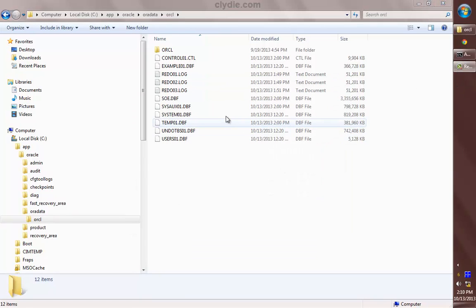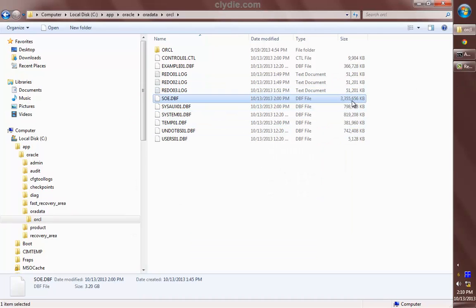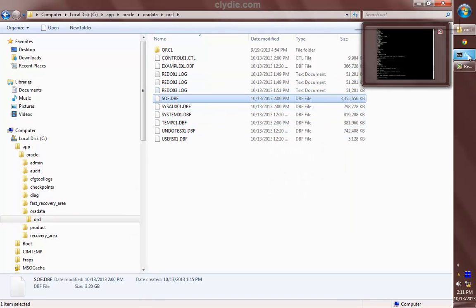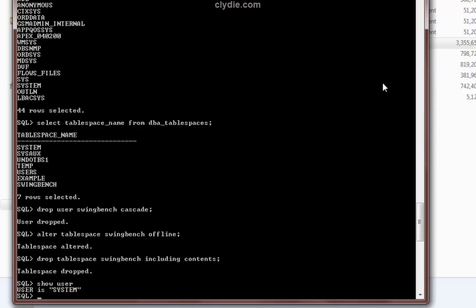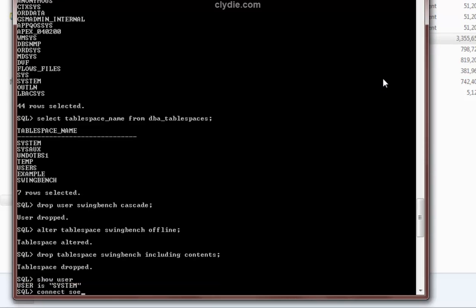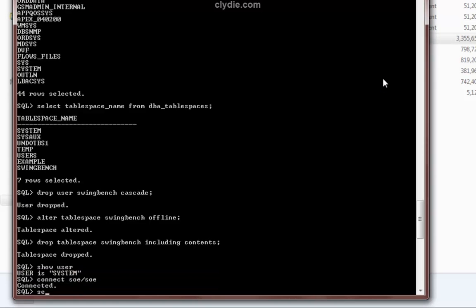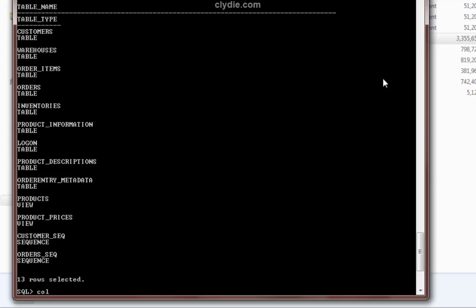Now I want to show you what data was just created. Log in as the SOE user and select its tables. Edit them using a text editor to add select count star from table name, and paste the result into the SQL Plus window.